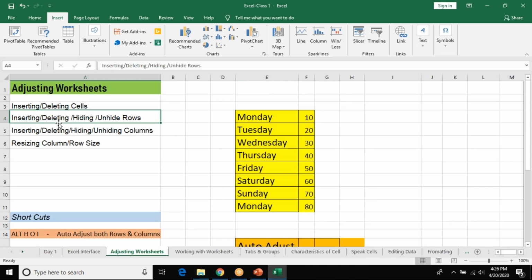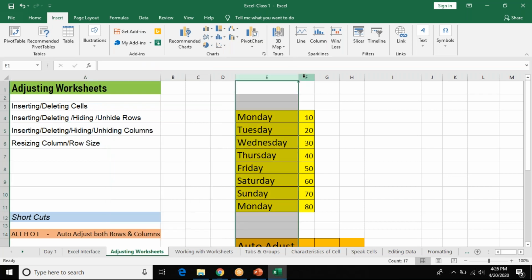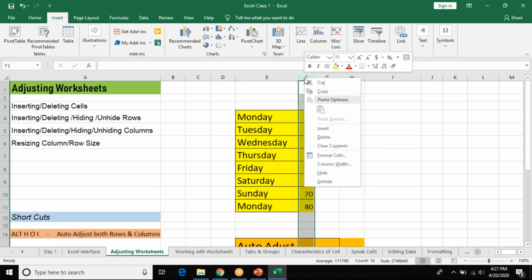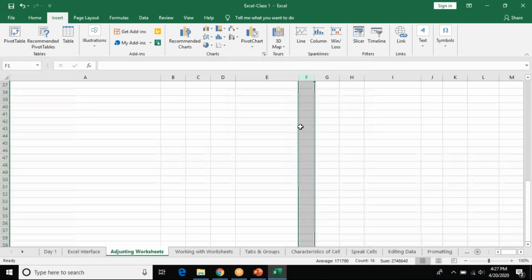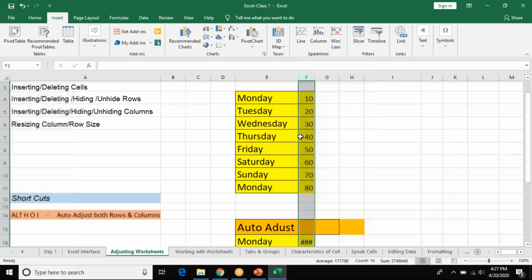Next, insert, delete, hide, unhide rows and columns. First I will do columns. Now between E and F, I want to add one more column. So I'll select F, right click. The minute I select F, the entire column gets selected.